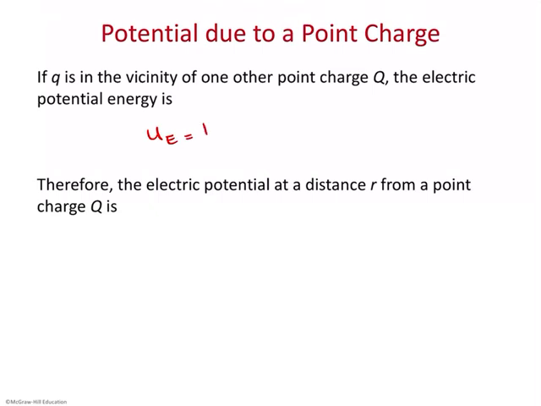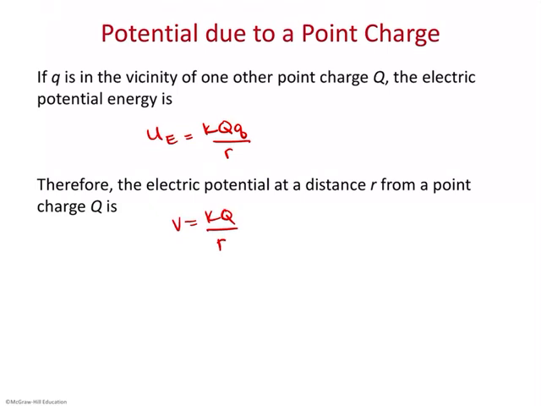We've been given this equation, like this, and I'm just doing the two charges. One might be a really little point charge where the other one might be larger or something. That's the same thing that it did with mass whenever we were doing the gravitational force. And therefore the electric potential at a distance from a point Q is,